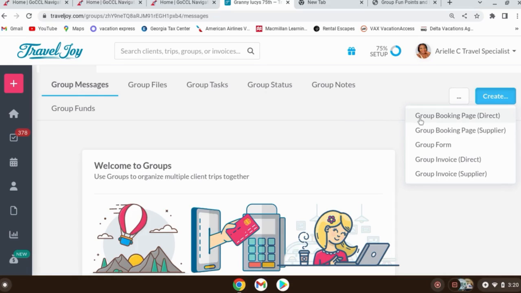Now, Travel Joy is going to email you as a travel agent and say, hey, Sarah and her husband, they've made a payment and they're ready to book their cruise. Now, you're going to go ahead and open up Sarah and her husband's form and see that they selected the interior cabin, they selected insurance, whatever they selected. And you're going to go ahead on Carnival, go into your group, berth the cabin, and put in all the information that they entered, and Travel Joy is going to give you a temporary card to go ahead and make their payment. Now, you're not seeing Sarah and her husband's card information because they're already paid